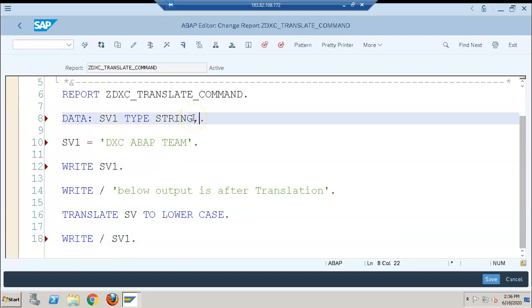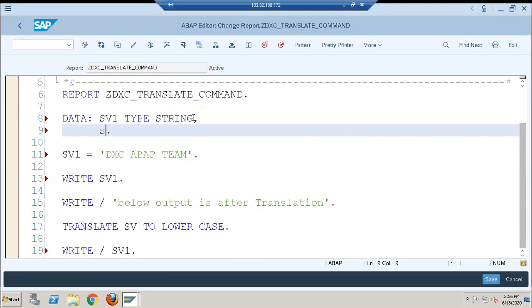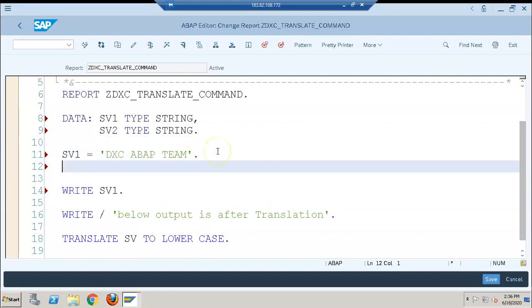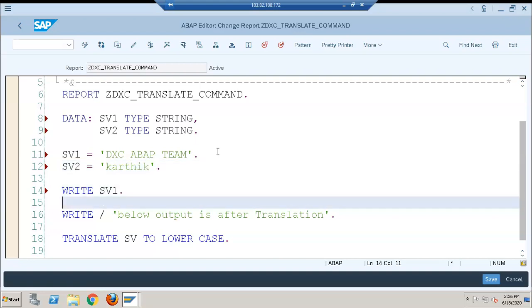We'll go for sv2. sv2 is equals to, so we'll keep it in lowercase. I'll go with something like Karthik. I'm giving this in lowercase letters.